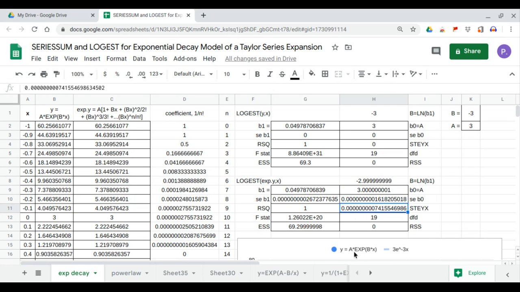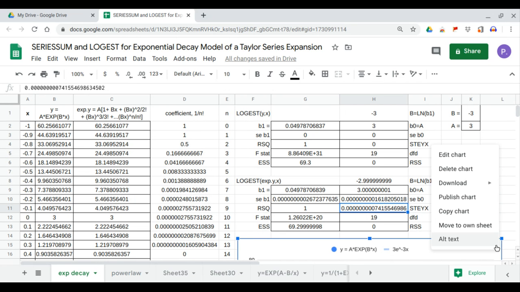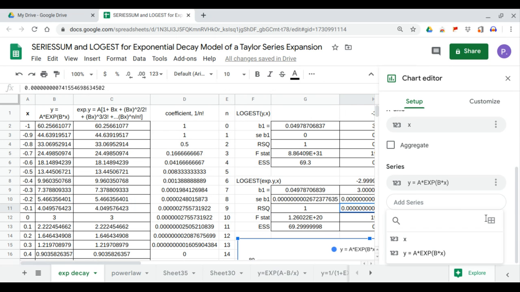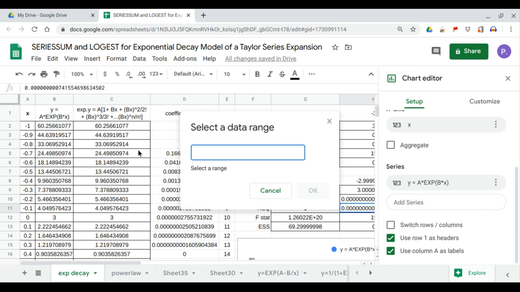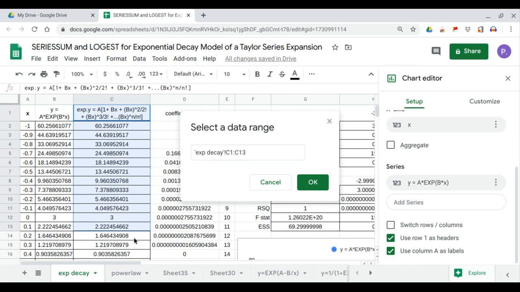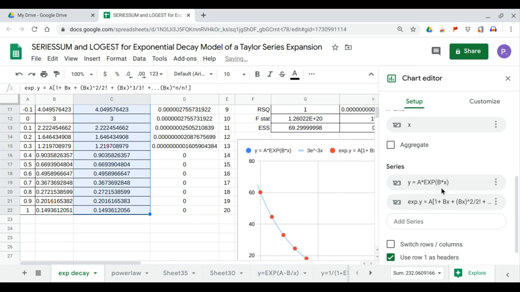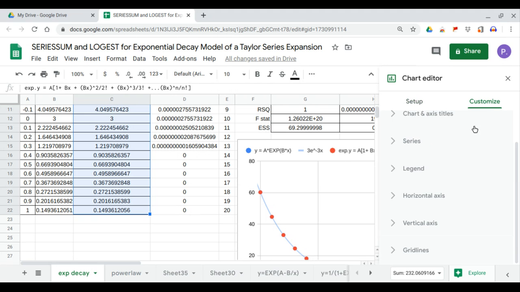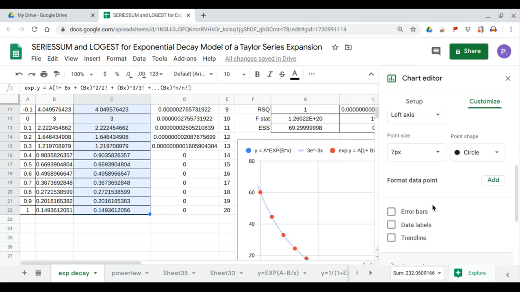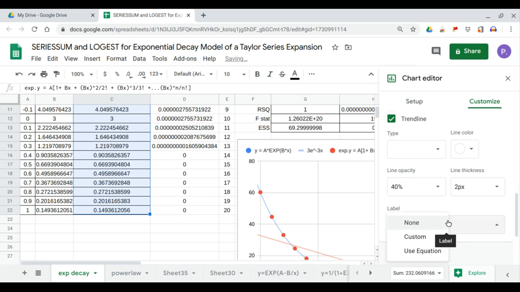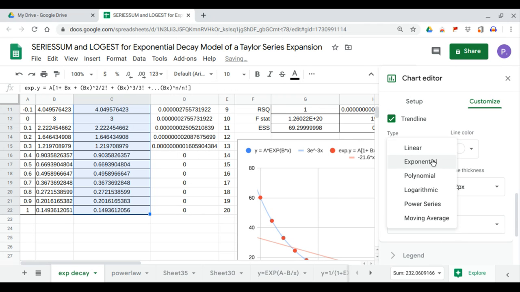Next, we can enter this into the chart, our data set. We'll edit the chart and add this trend line, the trend line of the expansion. Now the blue data sets are covered by red because they're the same. And we generate the trend line as label. We use expansion,